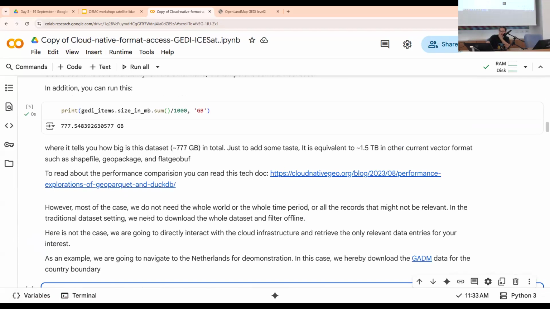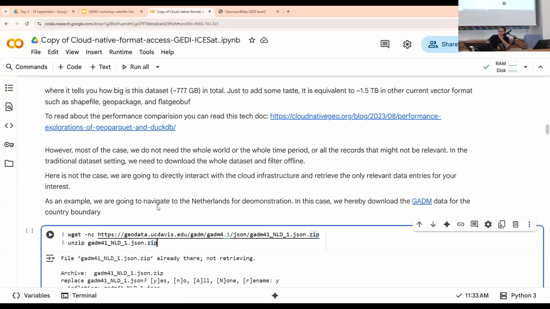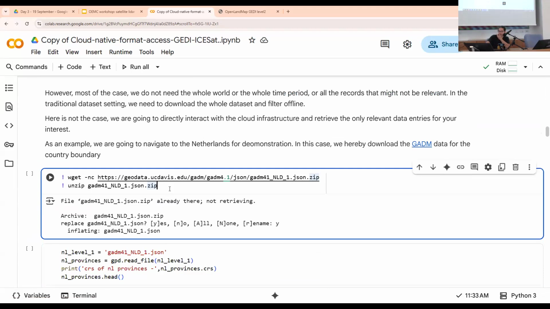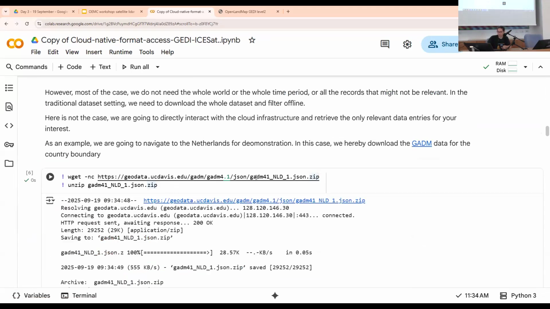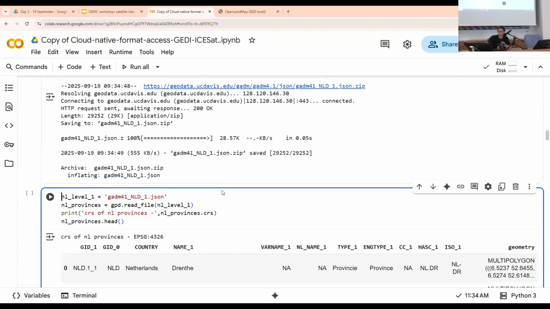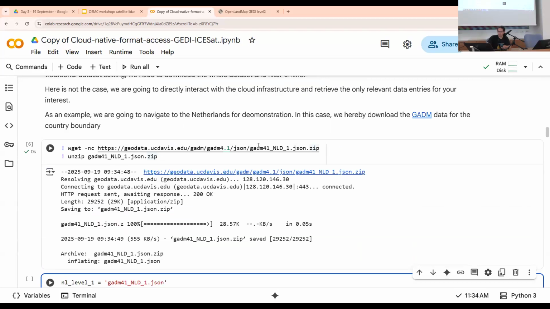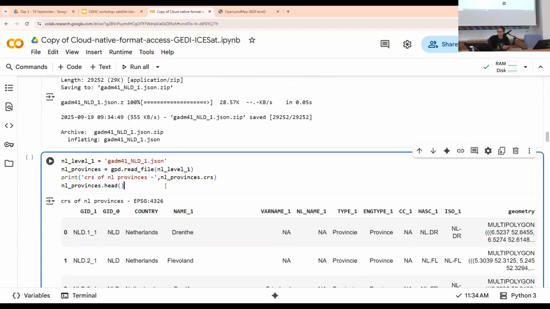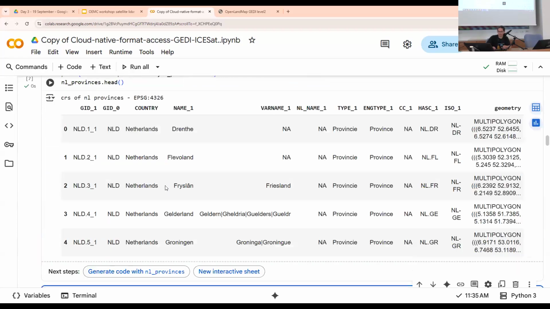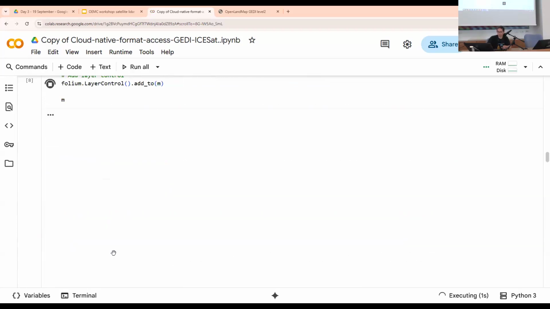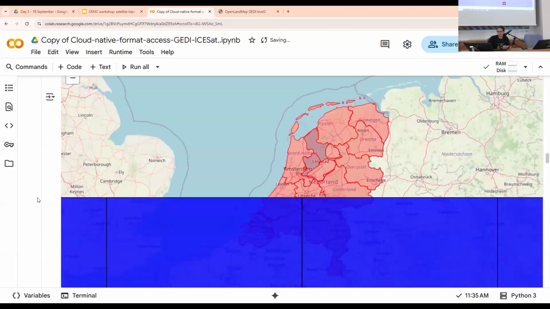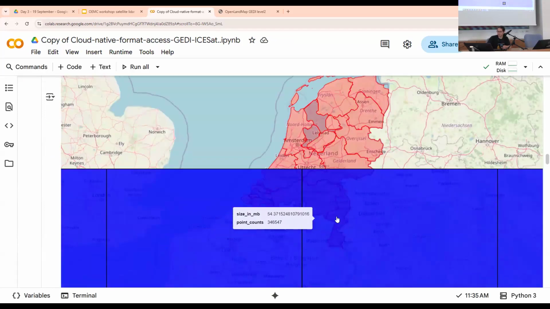So to actually play with this, we designed some small places that we can play with. So this one is, I downloaded this GADM, like the boundary of the country. And I select this one, NLD, which is the Netherlands. And using this data, I can query the data only in the Netherlands. So you can see that this is the GEDI tile. I visualize it, and they overlay with this country